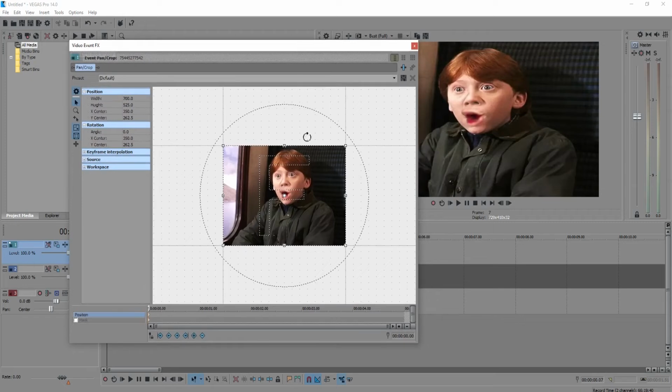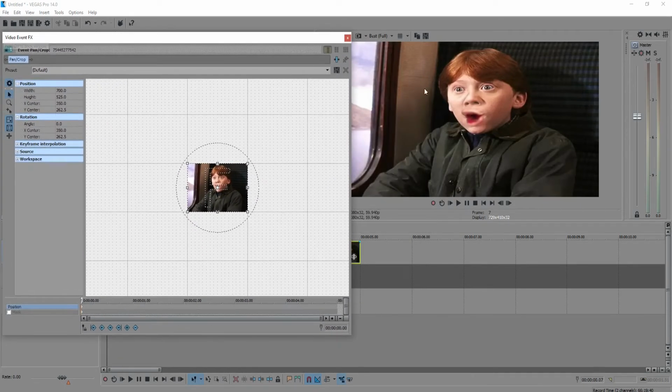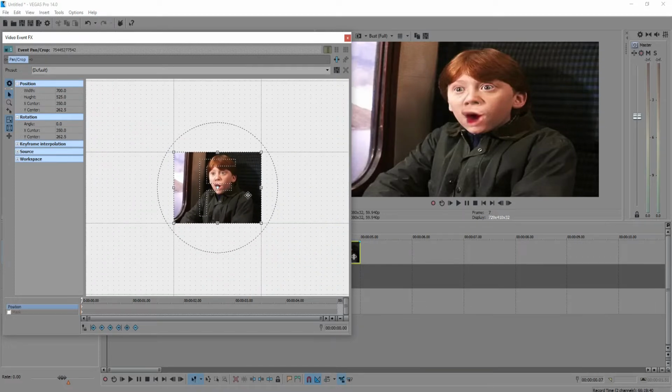Then what I'm going to do, before I start anything in here, is another thing you need to do to make sure your aspect ratios are correct. Right now, this is being forced to 1920 by 1080, which is fine, but because of that it's going to be squashed. The still is meant to be a square, so this way it's going to be squashed. To stop that and bring it back to the size it should be,